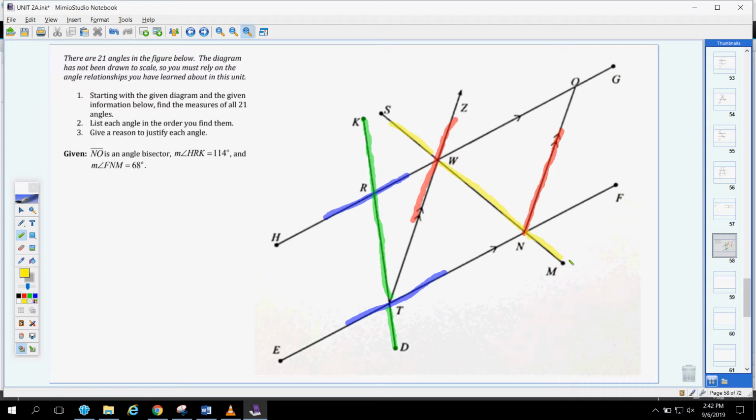Okay, so now let's work on angle measures and what we were given. All right, we are given that NO is a bisector. We'll come back to that in a second. So let's go to HRK is 114 degrees. Here's H to R to K, so that's 114 degrees. Then we're given that FNM is right here, is 68 degrees. So now look, we have two